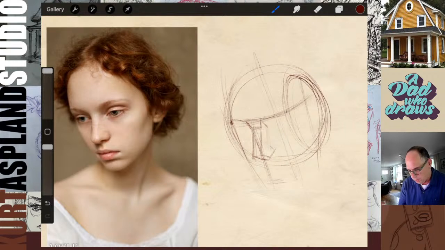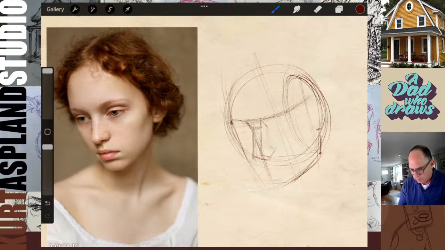So this is going to come back right about there. I'm going to sweep around. And then I determined already just the back of the ear is going to line up with the eye. It's going to be somewhere around there.